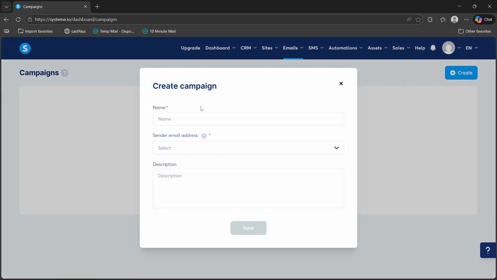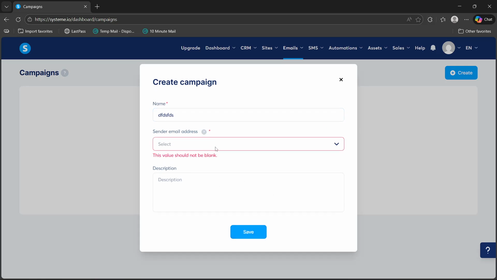And then of course you do have to name your campaign, and then you could also input sender email address and description if you want. Anyway, once you've input everything, you will just have to click save, and after that, you